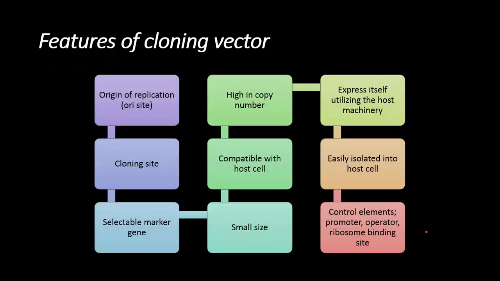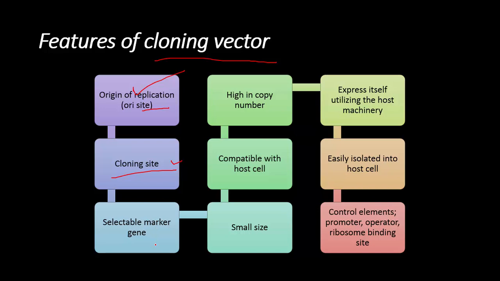So what are the main features of a cloning vector? What features make a cloning vector an ideal one? The first one is the origin of replication. So what is the origin of replication? The origin of replication is a specific sequence of nucleotides from where replication starts. And the cloning site, so what is the cloning site? The cloning site is a place where vector DNA can be digested and desired DNA can be inserted by the same restriction enzyme. We can also call the cloning site a point of entry or analysis for genetic engineering work.